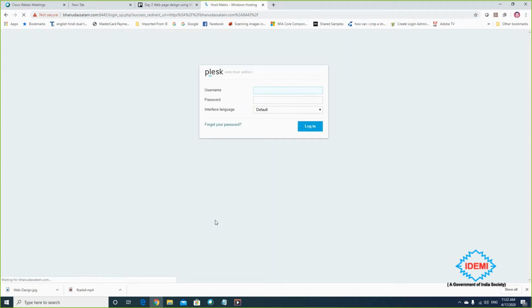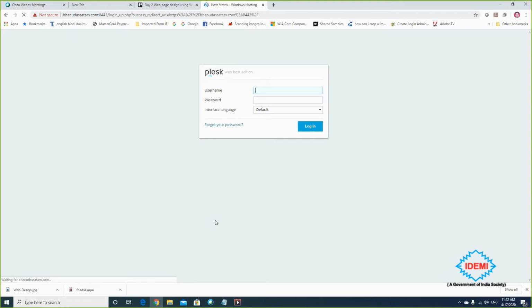But when you are taking Windows hosting, at that time they provide you the Plesk panel. So there are two kinds of hosting: you can take hosting on a Linux server, or on a Windows server.